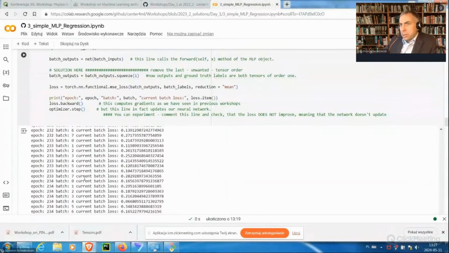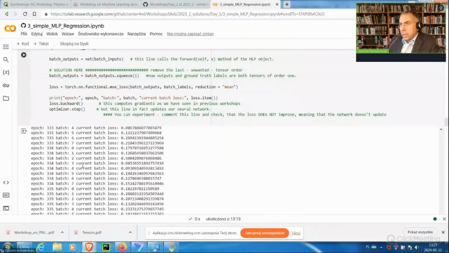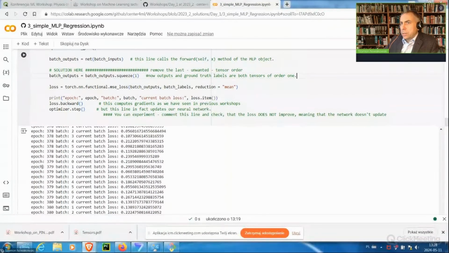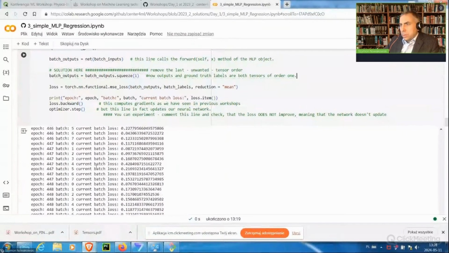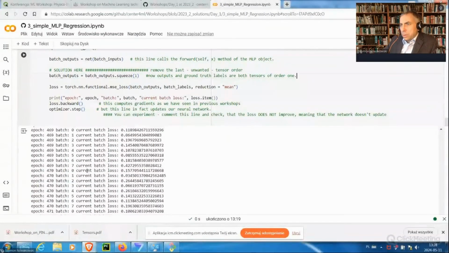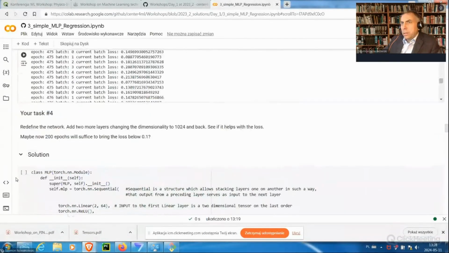This loss is very high all the time, and it doesn't want to stay low. I'm not very happy with that. The idea here is to change the dimensionality to